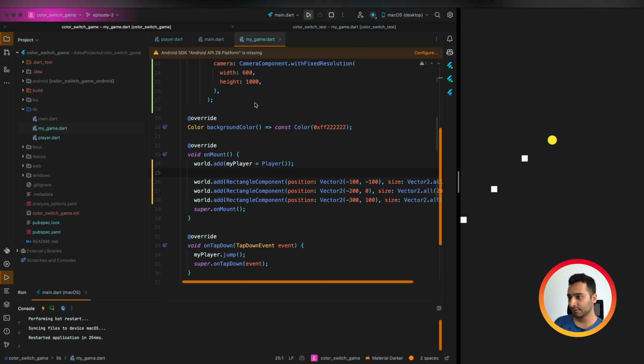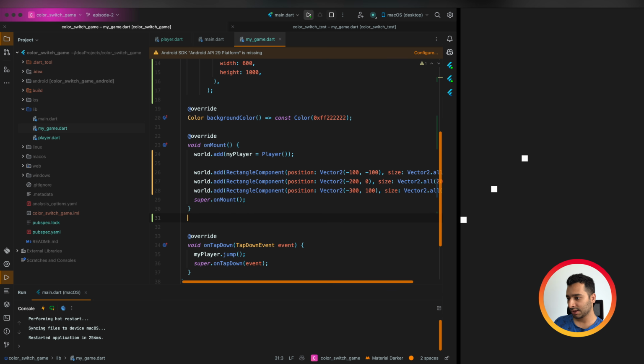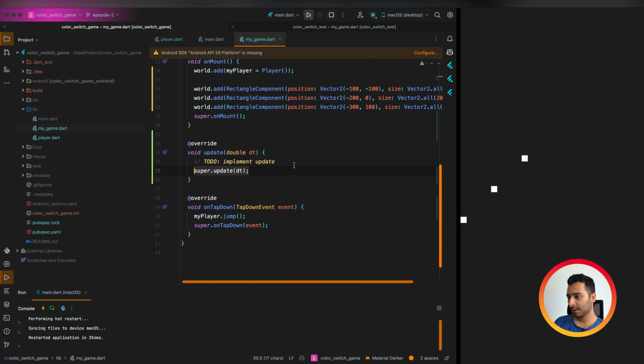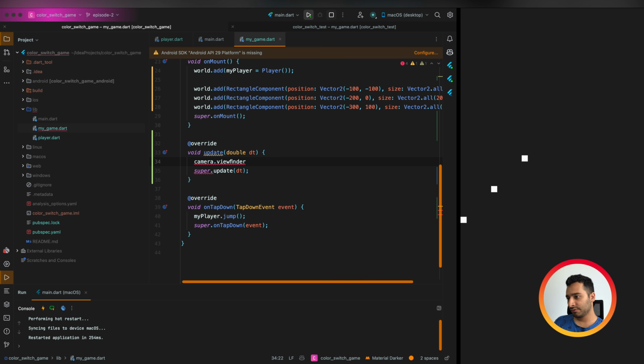Camera is not moving, and now maybe we can do the logic here. So we can implement update method of our game, and we can say camera.viewfinder. So viewfinder has a position. We can set it equals to mPlayer.position to see how it works.